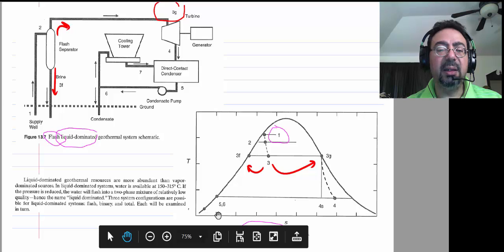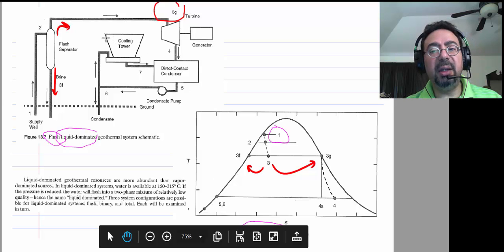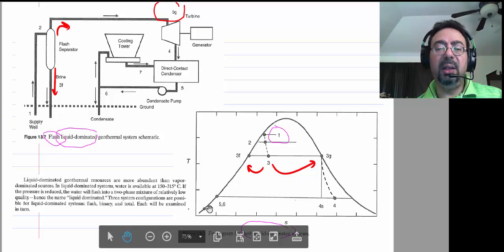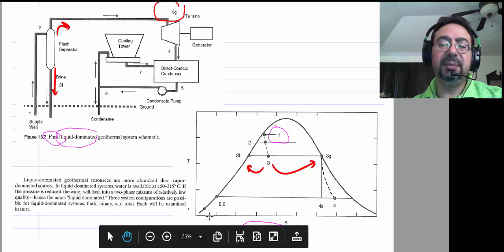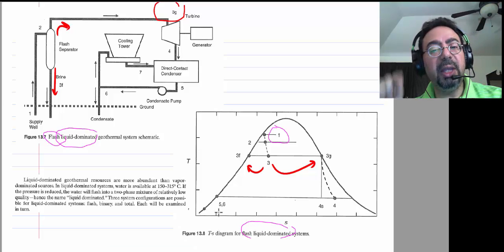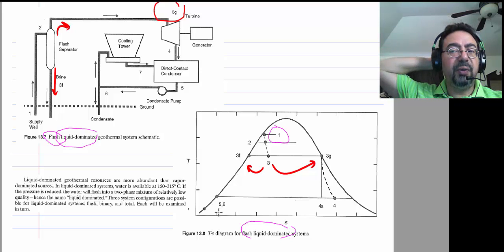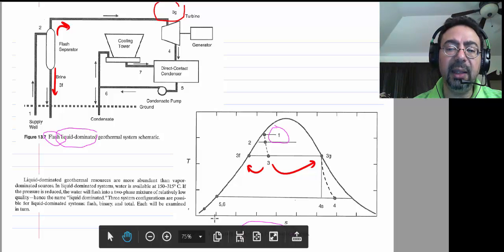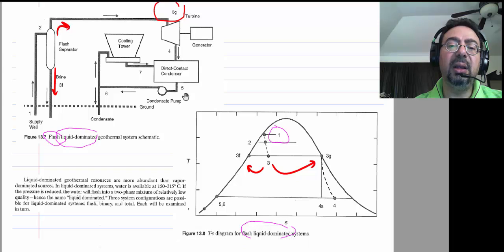How low is 7? Ideally it will be as low as the air cooling that cooling tower, right? He cannot get lower than T ambient. And so what is H7? Well, it's going to be HF at T ambient, right? So figure out what is the temperature of the air that he's using in the cooling tower. 25 degrees. Then you get HF at 25 degrees, and that would be the H that he sent into the